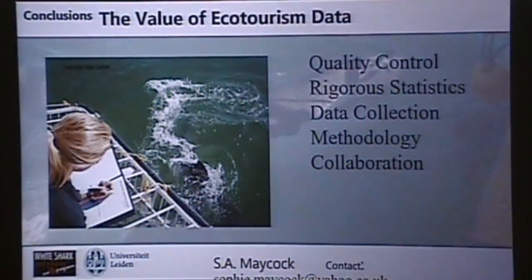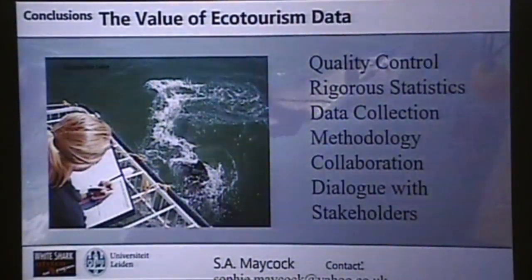So firstly, not only are these guys experts, secondly, it also allows you to open a dialogue with a significant stakeholder in the area. Ecotourism companies drive conservation in their own right, and if we as scientists collaborate with them more, we'll be able to give them a platform in which their voices can be heard and their expertise used. So I really think that ecotourism data could represent a hugely powerful resource that we haven't been exploiting as